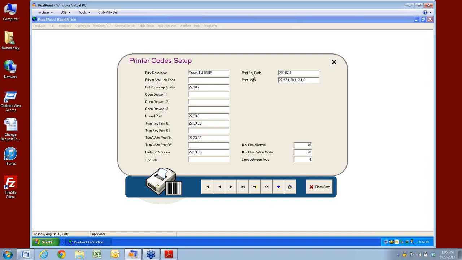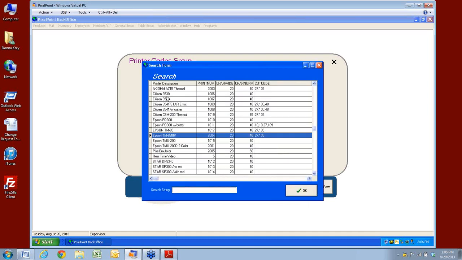For instance, barcodes. I want the printer to print barcodes out, and there's some programming that you can do in Pixel to allow for that to happen. But if the printer doesn't have the proper feature codes set up, then obviously that's not going to work. If you don't see whatever printer it is that you're selling to your customers, or they perhaps have,